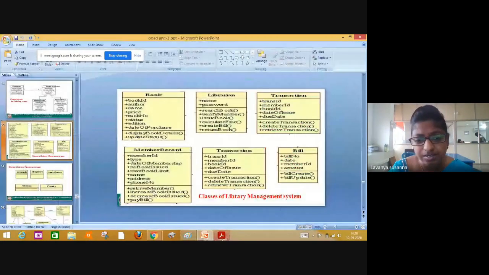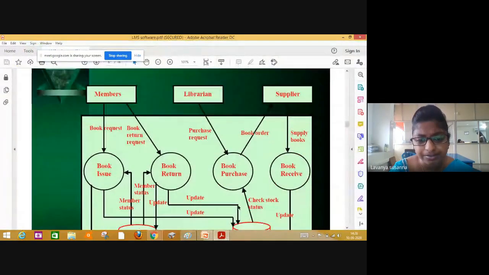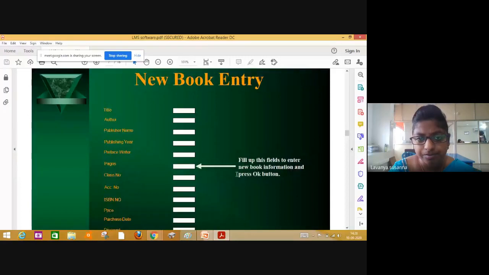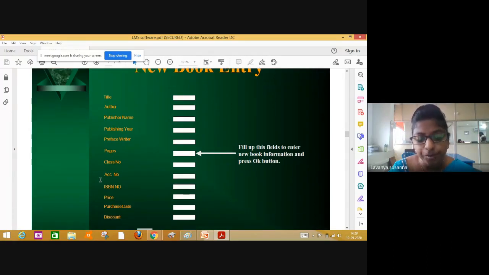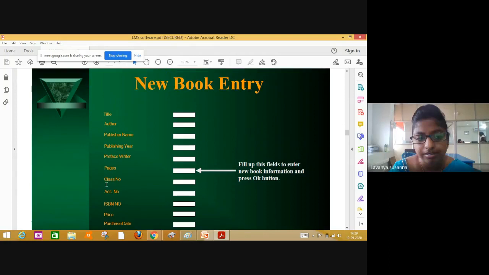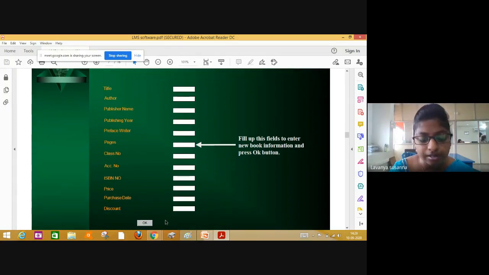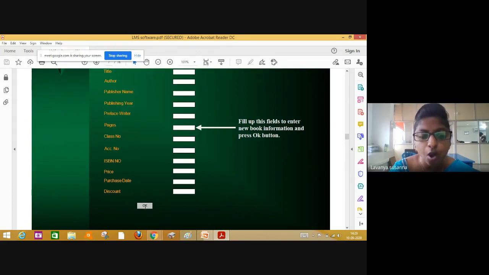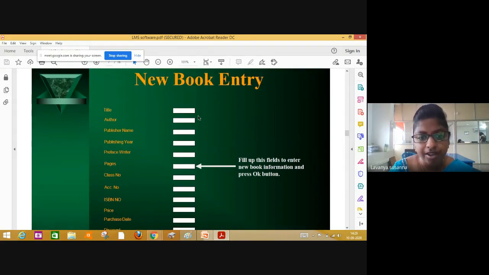I hope you understood. Okay, once again, see here. See, new book entry. Every book will have some title, right? You need to enter those titles. These are all attributes. The actions that you are performing are related to operations. If you want a book, you need to enter the title of a book.